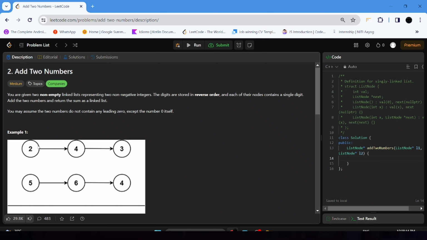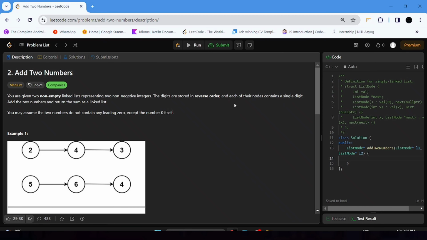You are given a list which is non-empty. That means this node should contain some value and that value should not be negative. It can be only positive. The digits are stored in reverse order and each of their nodes contains a single digit. Add the two numbers and return the sum as a linked list.